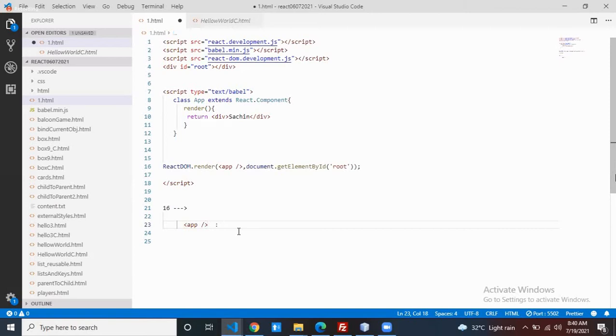Error message I'm asking. App is not defined. App is not defined. Okay, if you write like this,